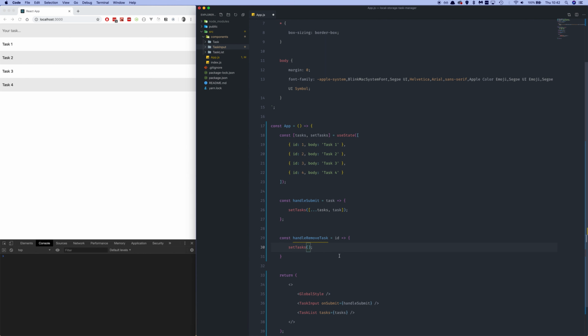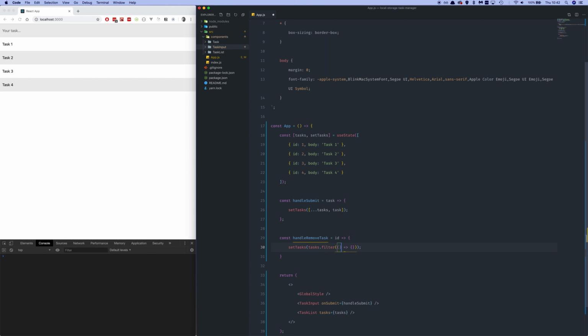So how we do that is we pass it our tasks array, and we want to use the array method filter. What filter does is, if you pass it a function, so we'll pass it an arrow function,